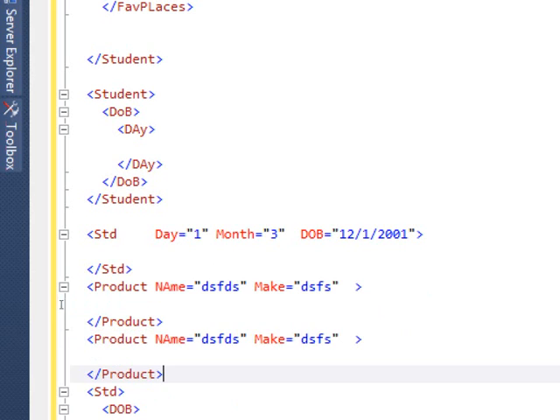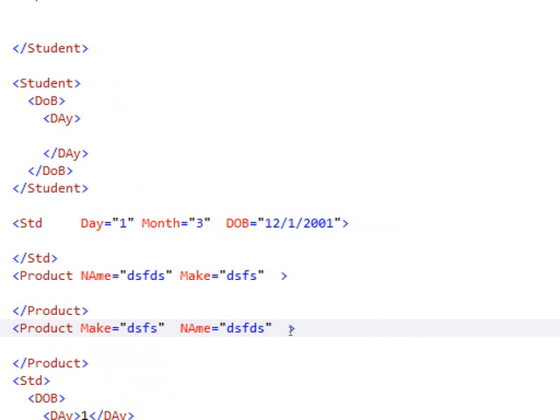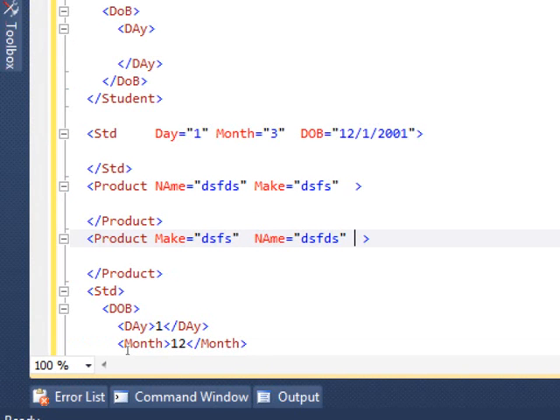You can have an element without the attributes or with some of the attributes, or you can mix the attributes. The order in which you write the attributes is not important. You must remember that when you are reading it. So you may start in one element with the name, then in the other one with make and then the name, and so on.